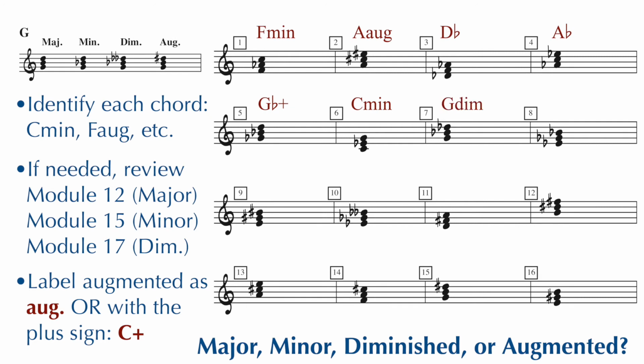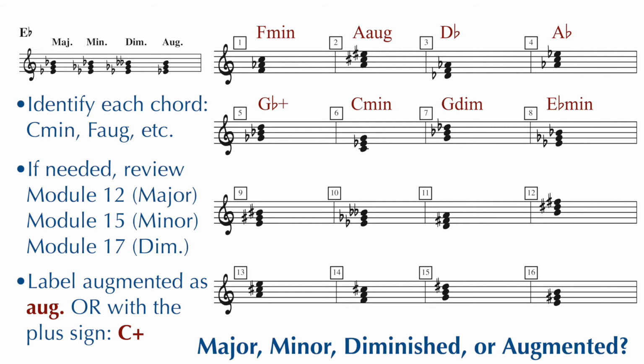G going up to D flat is a diminished fifth, G going to B flat is a minor third, and B flat going to D flat is a minor third. Number 8, E flat, G flat, B flat is E flat minor. E flat going up to B flat is a perfect fifth, and E flat going to G flat is a